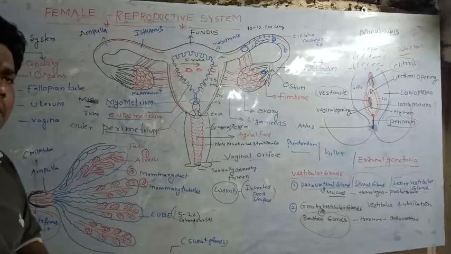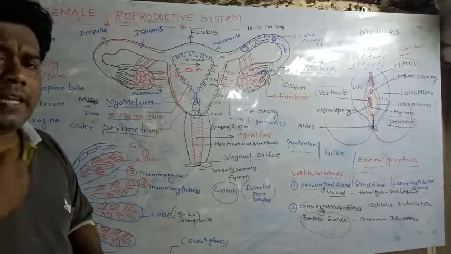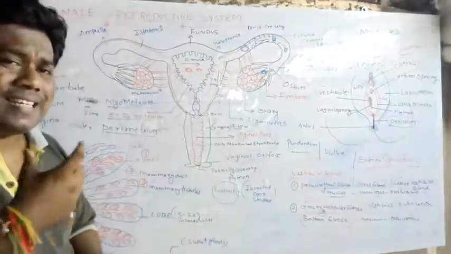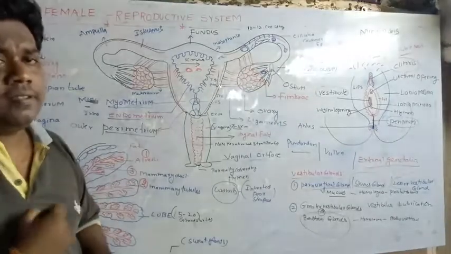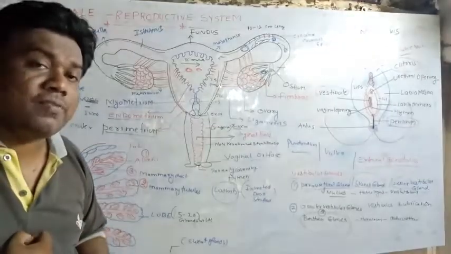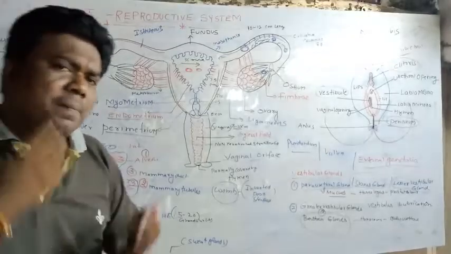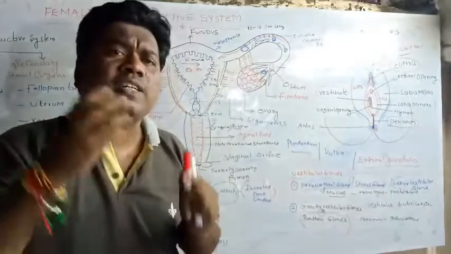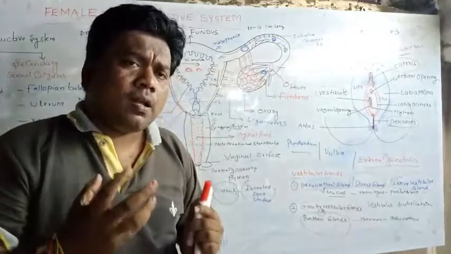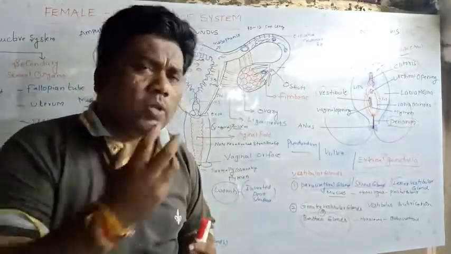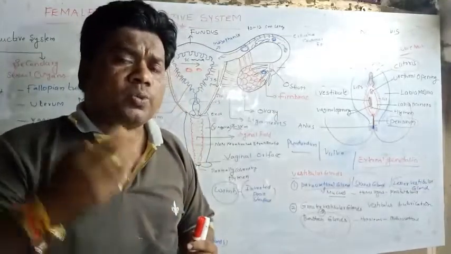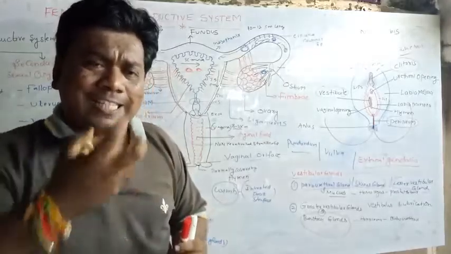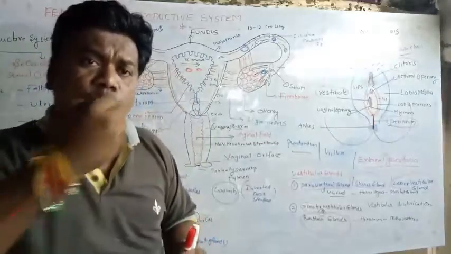Whenever the baby is delivered outside of the body, what happens after that? The baby sucks the milk from the mammary gland through the help of structures called nipples. When the baby is crying, beta, within 20 seconds, whenever the mother hears the baby's crying voice, within 20 to 30 seconds the nipples become erect and contract, ready to produce the milk.